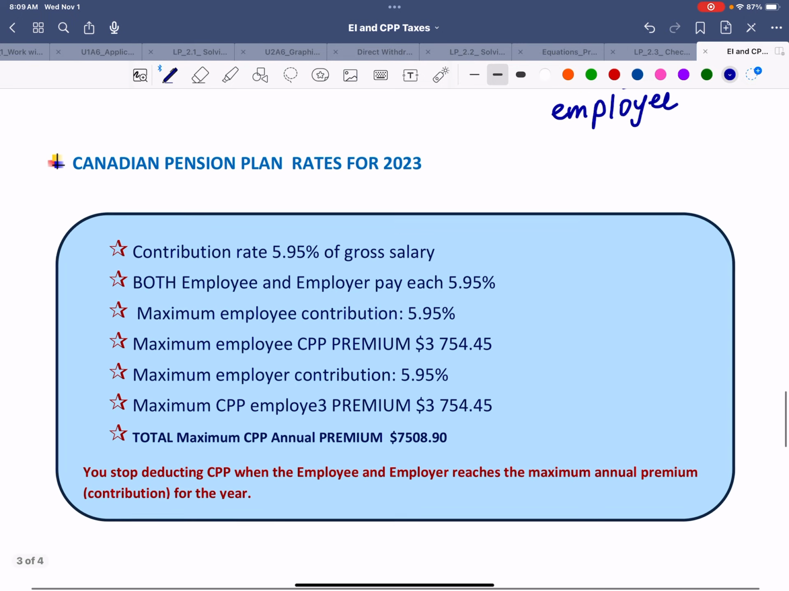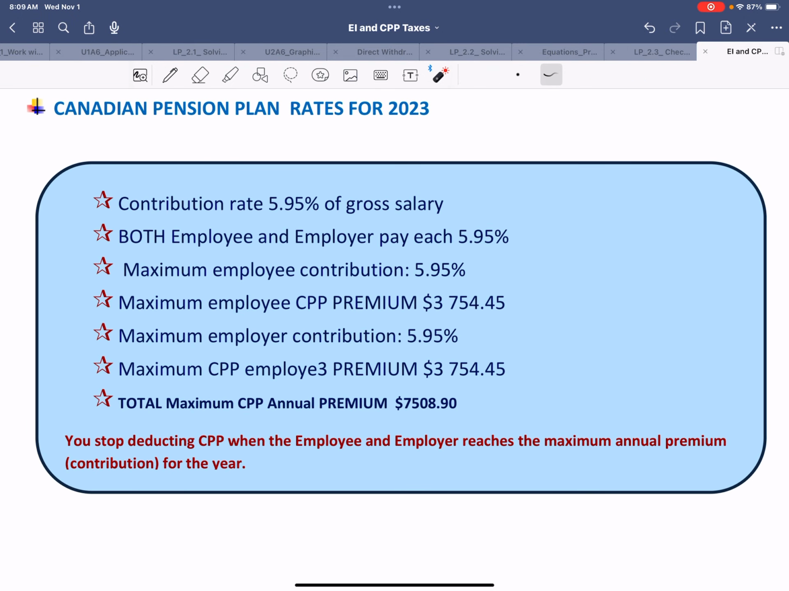Okay, now these are the rates for Canadian Pension Plan for the year 2023. This is how Canadian Pension Plan works. So the contribution rate is 5.95% of your gross salary. Gross salary is when there are no taxes deducted, so the total amount. Net salary is whatever is left once you pay all the taxes. Now, both the employee and the employer will pay the same percentage. The maximum employee contribution is 5.95%,